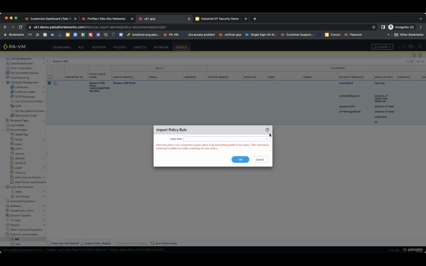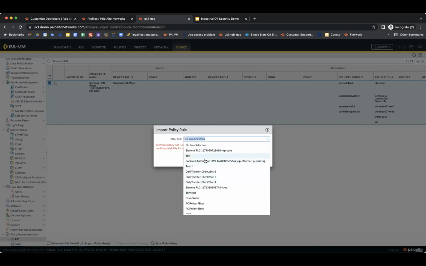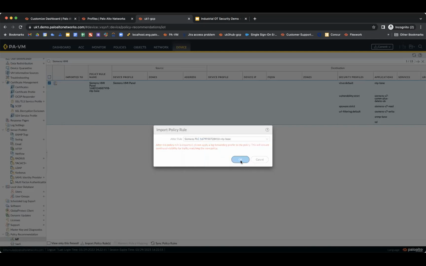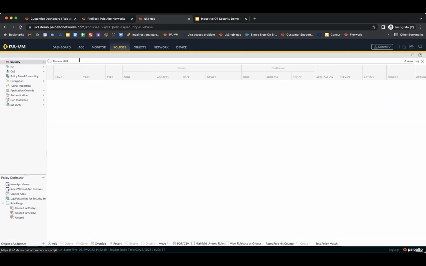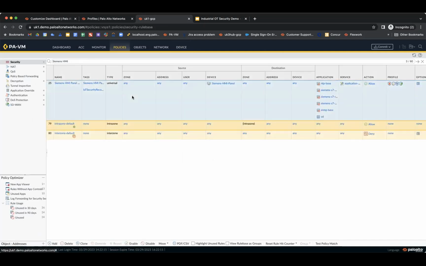All you need to do is click here, import, and select the rules. I want to select the one right next to the Siemens PLC and hit OK. Once you do that, it gets pushed into the policy section. If I search for the HMI here, you can see this is a Siemens HMI policy. The beauty of this is that it is tied to the OT device context, which is a Siemens HMI panel, and that's the device ID we are using for policy enforcement. So every time a new HMI panel comes onto the network, it will automatically hit this particular rule and only allow access to these app IDs, which we have seen on the industrial OT security